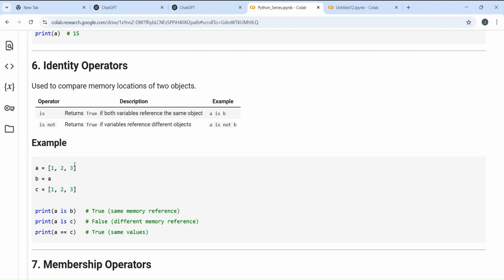No, A has a different memory location. That memory location we are referencing to B. That is why A is B is giving me true.